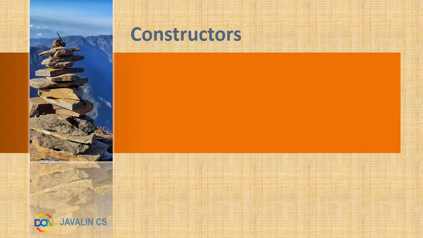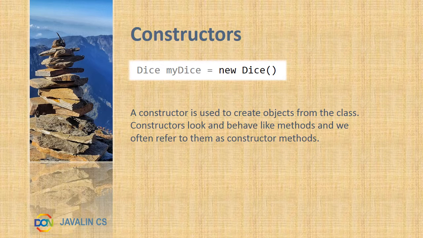We'll continue our investigation of Java objects by looking at constructors. Let's start by looking at this command for instantiating and declaring a dice object called myDice. The part that I've highlighted there looks a lot like a method, but it's actually a constructor. Constructors look and behave a lot like methods and are often referred to by programmers as constructor methods for that